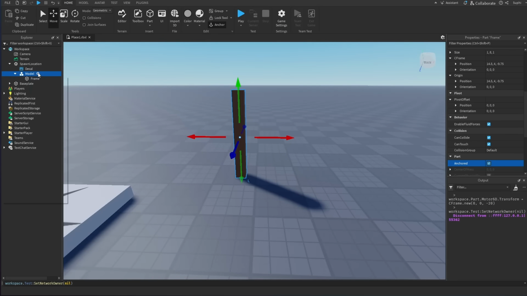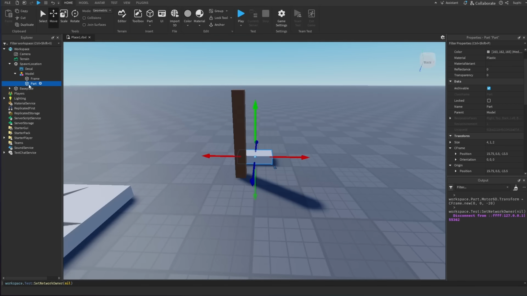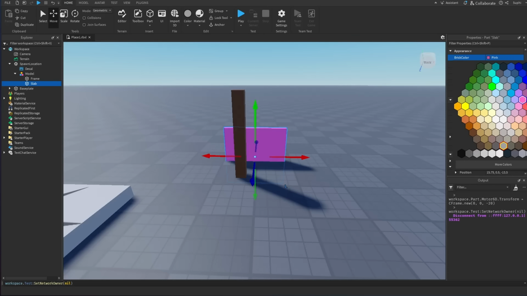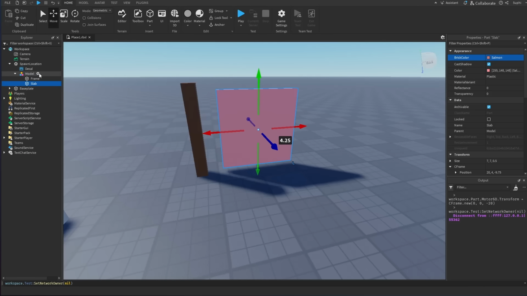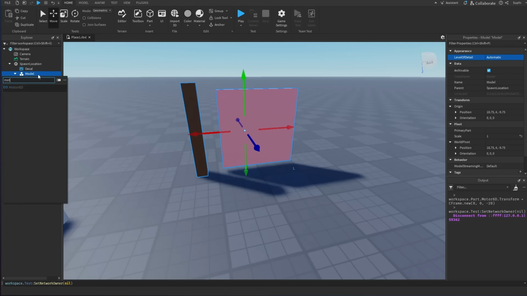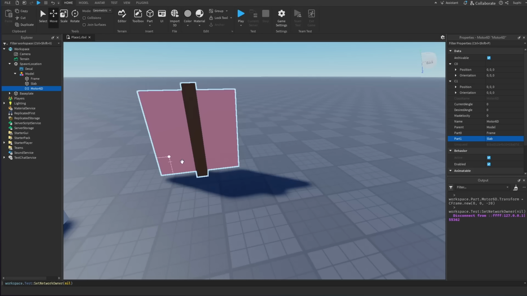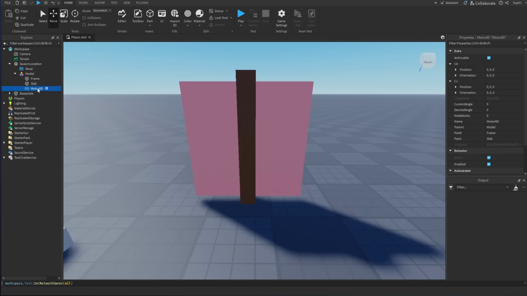And now I'm going to create another part, and I'm going to name this part slab, and I'm going to set the size of this to 0.5, and I'm going to give this a pinky kind of color. And then I'm going to add a Motor6D, and I'm going to set the Motor6D's Part0 to the frame and Part1 to the slab. Okay, so let's now modify the Motor6D's C0 and C1 property so that the door rotates around the edge of